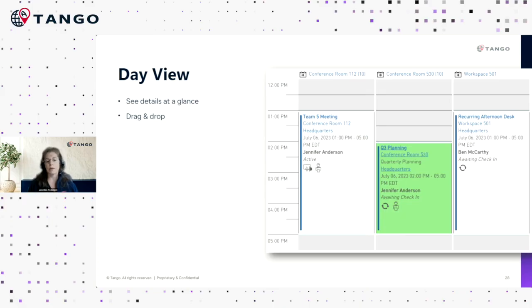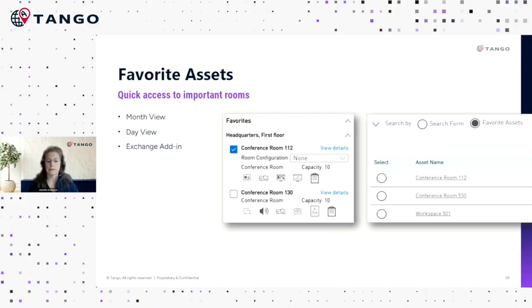Favorite assets make high-profile rooms easy to access. If you have users who manage specific rooms, this is a great way to easily access them. You can also make reservations for favorite assets easily in the Quick Pick view of the Exchange add-in inside of Outlook. We've added many enhancements to Quick Pick and have more on the way soon. Take a look if you aren't familiar with our add-in, because this is a tool that will add value for